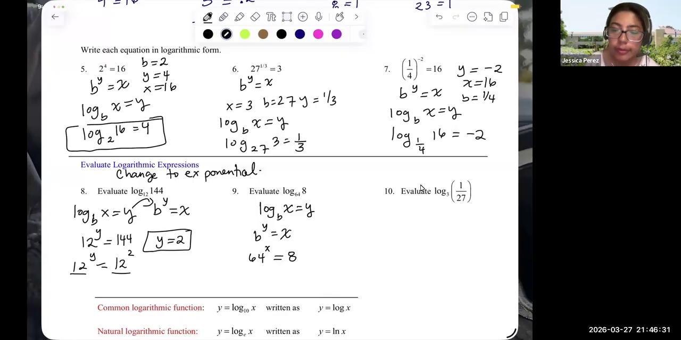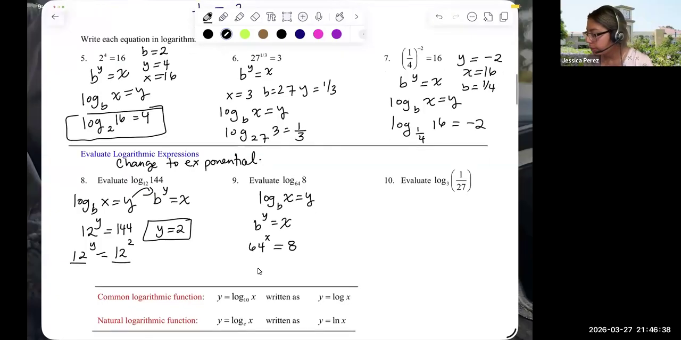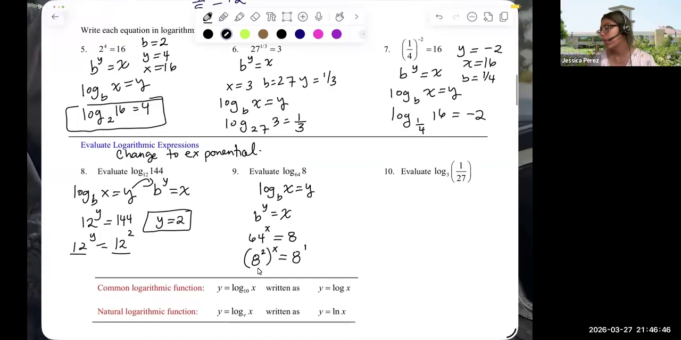Now here I have to be very careful because what do I know about 64? 64 is the same as 8 squared, but then I have an x in here, and then I have 8 to the first power. So then what does that mean? That if I have 8 to the 2x is equal to 8 to the first power, you equate exponents. So it's 2x is equal to 1. I get x equal 1/2. So my solution here,